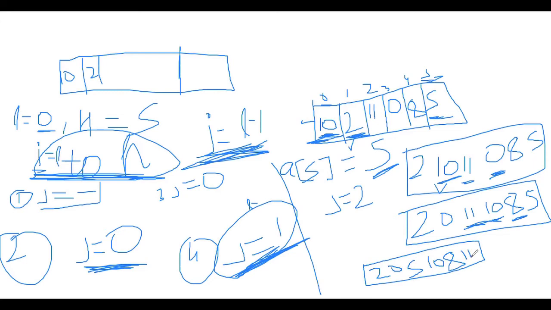Did we achieve our goal? Yeah. Now everything on the left side is less than 5, and everything on the right side is more than 5. We achieved our goal. Did you understand how we achieved it? We have a very simple task. If something is lesser than our pivot, bring it to the left. And in order to keep track of the left, we have used j.